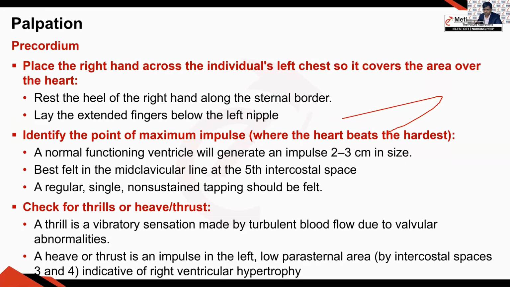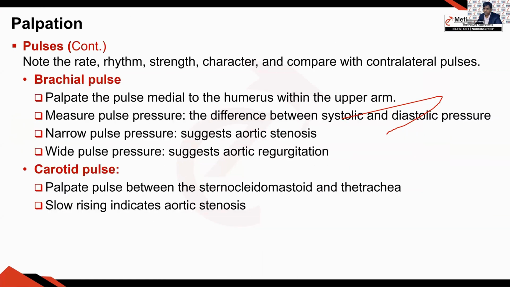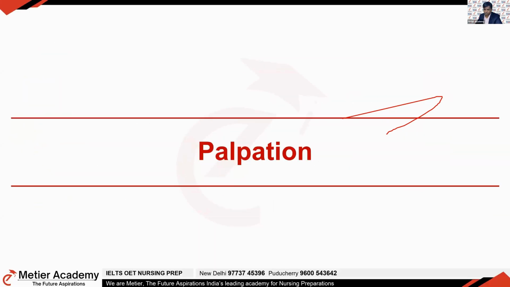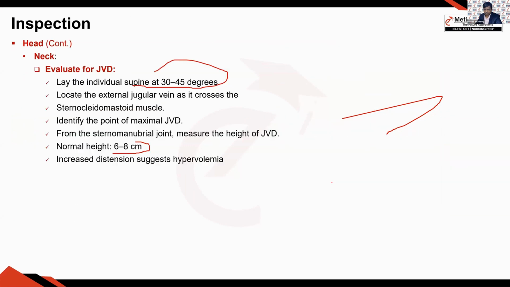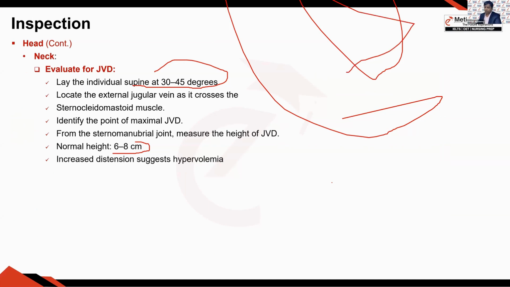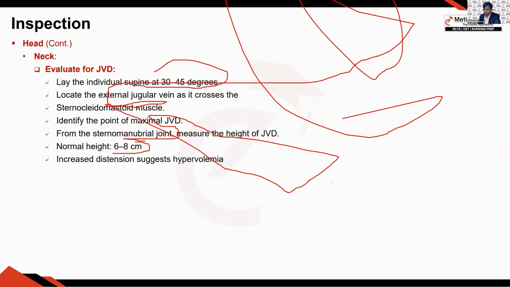The motto of this is that when you study, you have to be very clear in the cardiovascular assessment, the positioning, what you do, and everything. So JVD is assessed at 30 to 45 degrees. Locate the external jugular. They are not assessing the internal jugular vein, they are assessing the location. I will show the image next. Identify the point of maximum JVD from the